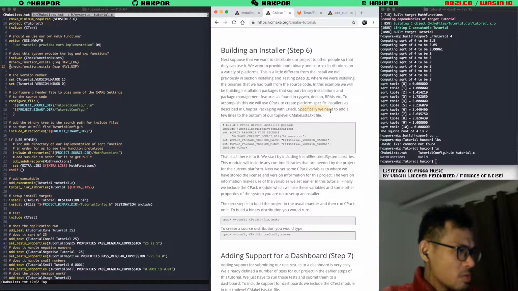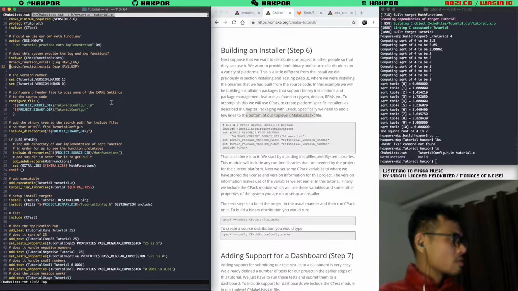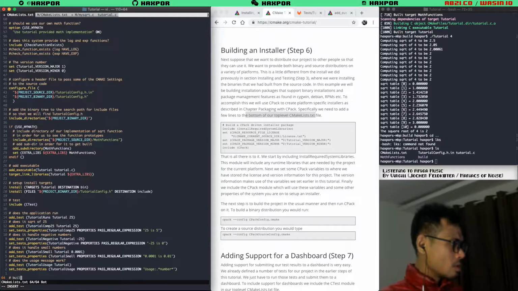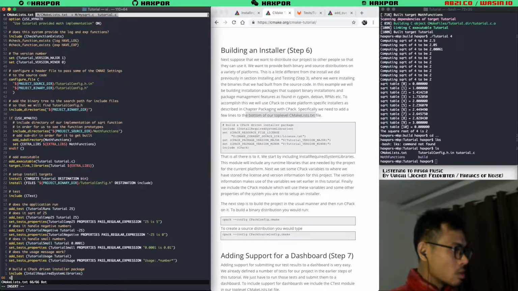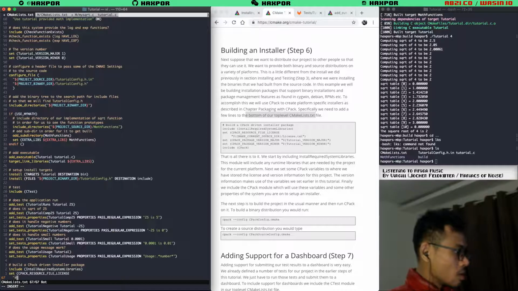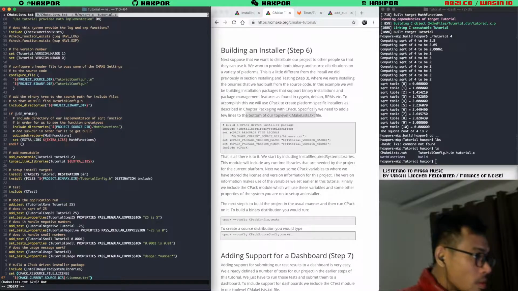Okay. Specifically, we need to add a few lines to the bottom of our top-level CMakeLists here. Add a few lines to the bottom. Okay. Driver installer package. Okay, include InstallRequiredSystemLibraries. Set CPACK_RESOURCE_FILE_LICENSE to CMAKE_CURRENT_SOURCE_DIR license.txt and okay,